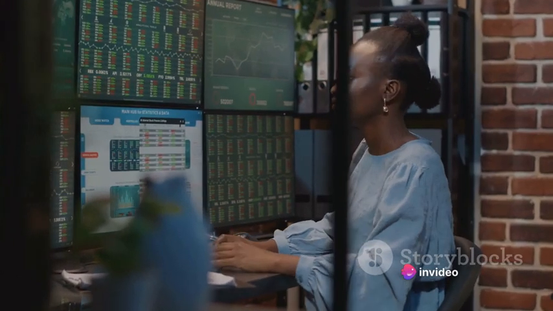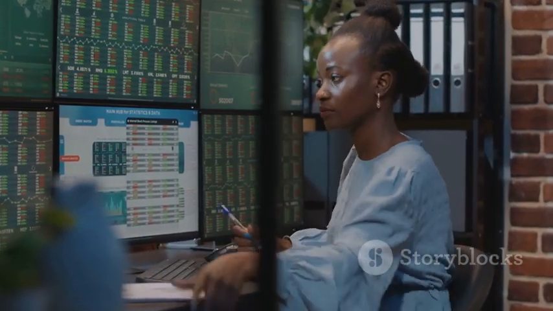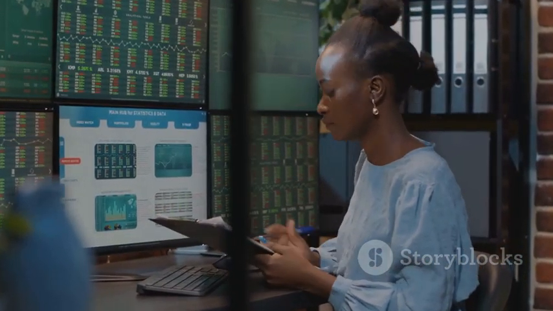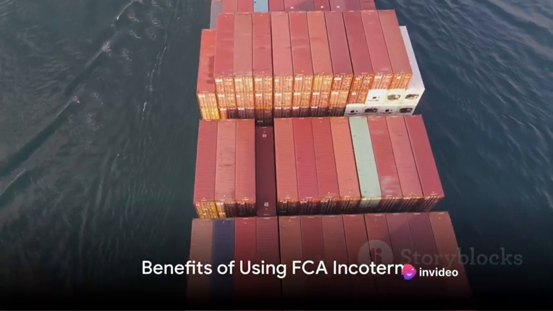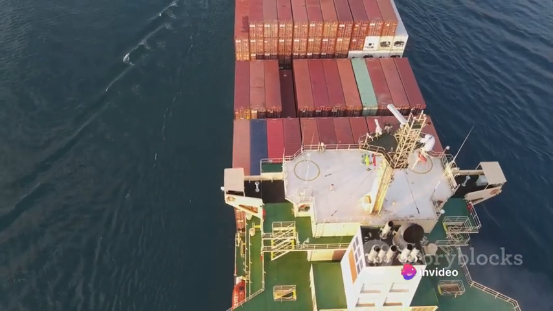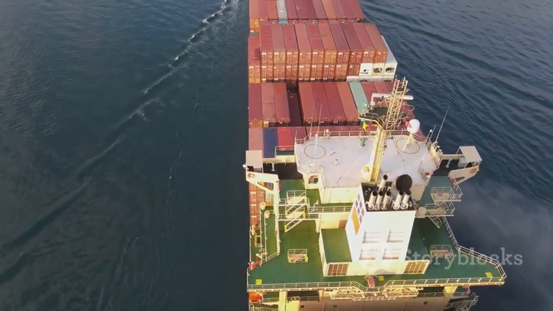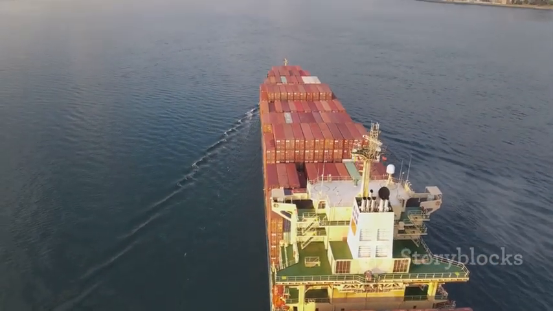Lastly, the cost piece. Under FCA, the seller bears all costs until the goods are delivered to the carrier. Any cost incurred after the delivery point falls on the buyer. Now, why use FCA Incoterm? It provides clarity and reduces the risk of legal complications. It's versatile, applicable to any mode of transport, and allows the buyer to have direct control over the main carriage,